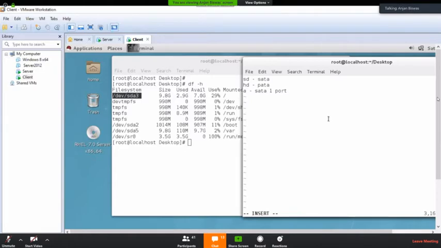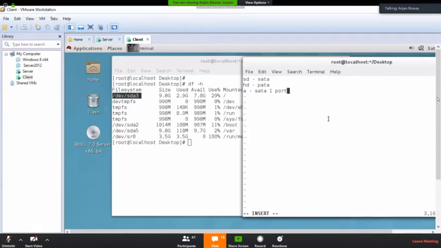That's why this is A. It means SDA, your hard disk is connected. Have you seen any modern motherboard? There are by default 4 or 6 SATA ports. Every port is named SATA 1, SATA 2, SATA 3, SATA 4, like that.